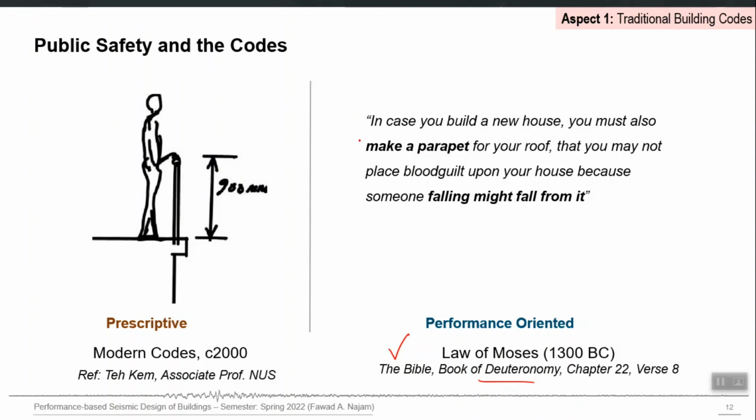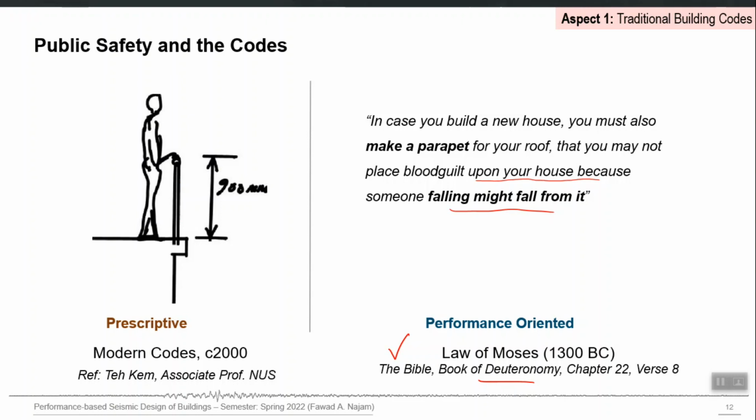It says that in case you build a new house, you must also make a parapet for your roof, so that you may not place blood guilt upon your house, because someone might fall from it, right? Again, it doesn't prescribe how that parapet wall should be constructed. It directly tells that this is the required performance, and this can be the result if you do not follow that